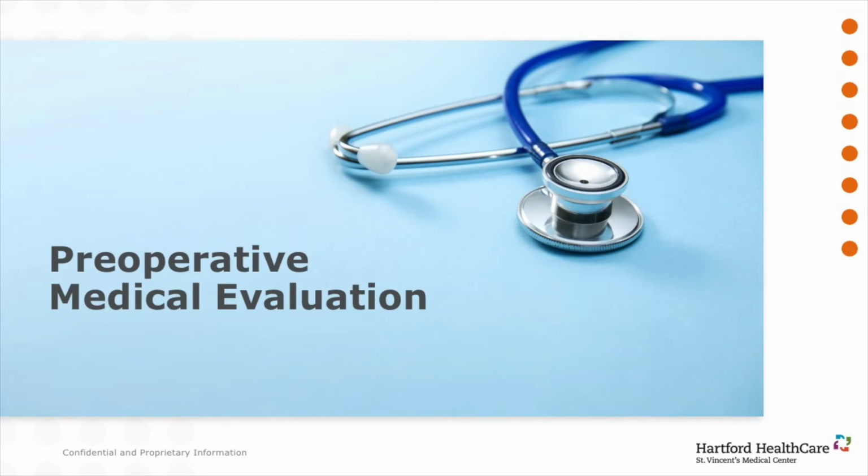Once we've decided that surgery, joint replacement surgery, is appropriate, a preoperative medical evaluation is almost always required. We do this to make sure that the patient is in optimum medical condition for the surgery and we can get through the surgery with minimal complication. Sometimes, for example, patients may have underlying problems that they're aware of or even unaware of. For example, diabetes. It is important that you have optimal diabetic control, and there are ways in which the primary care physicians can optimize this and allow us to get through our surgery with minimal complication and morbidity to the